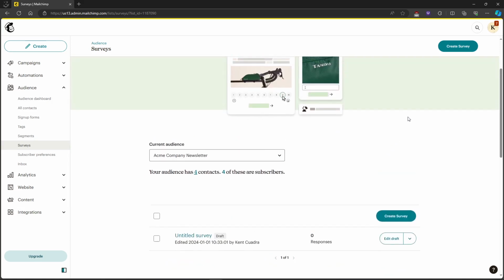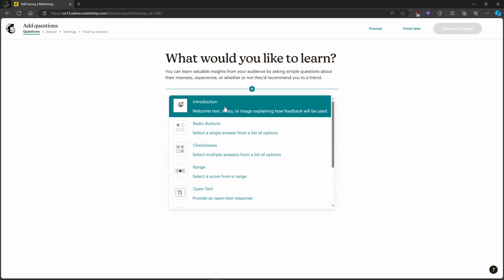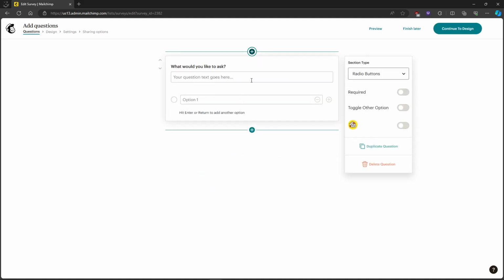And in order for us to create a survey, just head on to create survey and it will take you to this tab. So what we're going to do next is you can choose what kind of survey you want. You want check boxes, radio buttons. So for example, we will be using radio buttons, and we will put in the question over here. So for example,